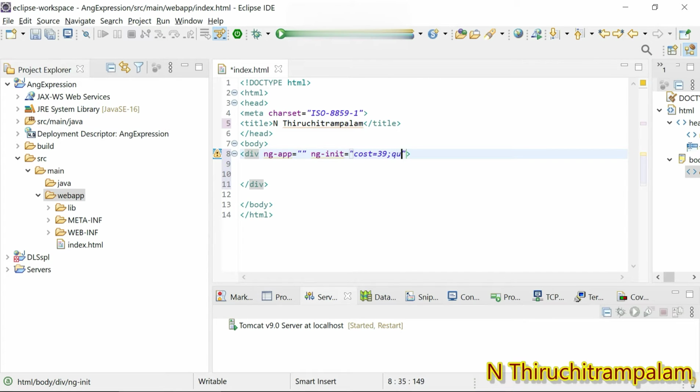And then one more thing, I create a variable quantity, where quantity is the property name and the value for it is 1.